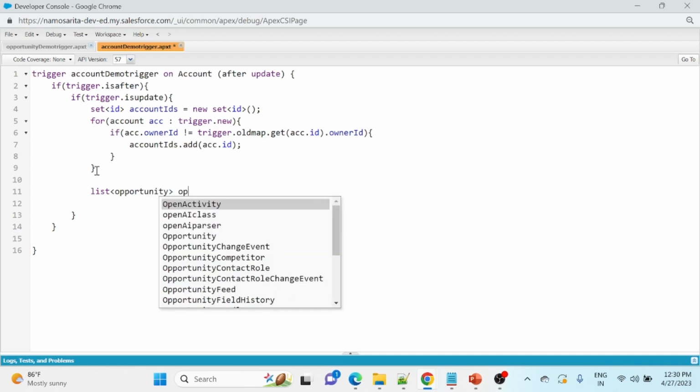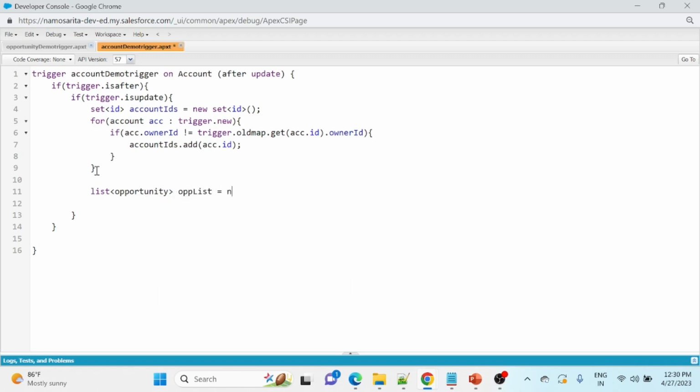Okay, OPP list equals new list of opportunity. Now OPP list will be again do a SOQL query here: select ID, owner ID from opportunity. I'll also take the related account IDs, account ID from opportunity